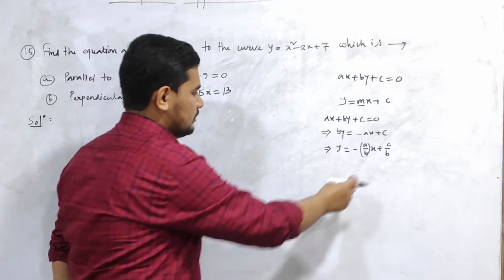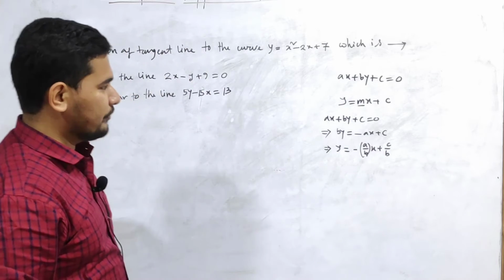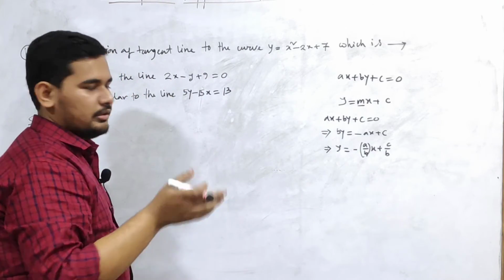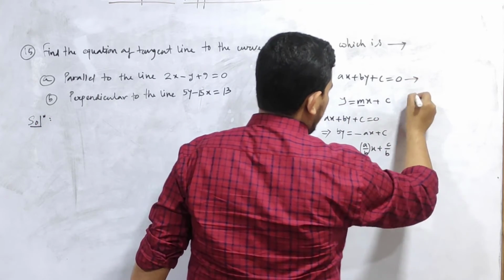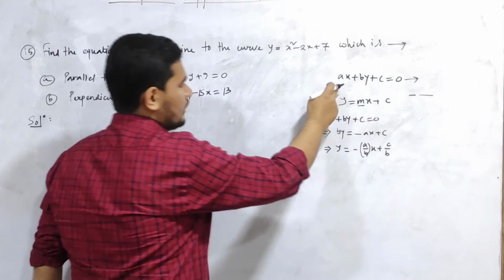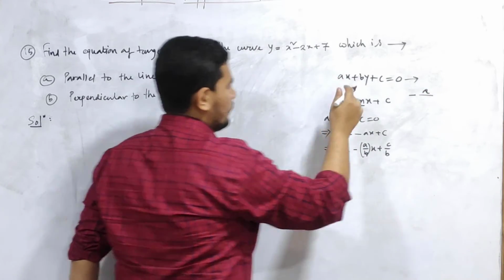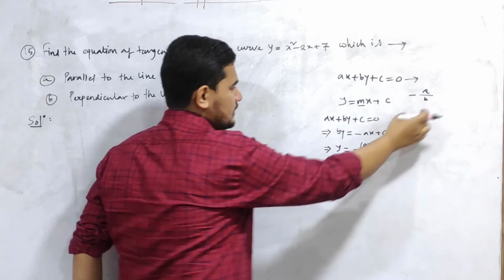Here we need to find out the slope of this line, so minus a by b is the slope. This is the concept, but to determine it in a short way, you can always find the slope by writing a minus beforehand, then taking the coefficient of x, that is a, on top and the coefficient of y at the bottom. So this is the slope.